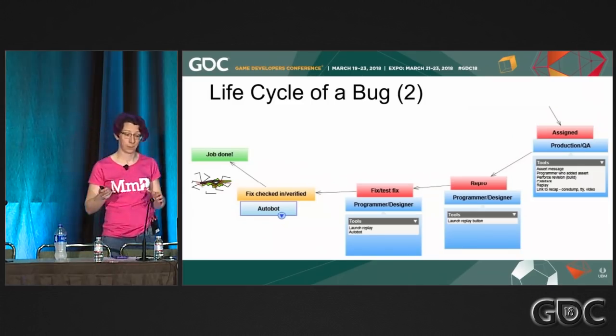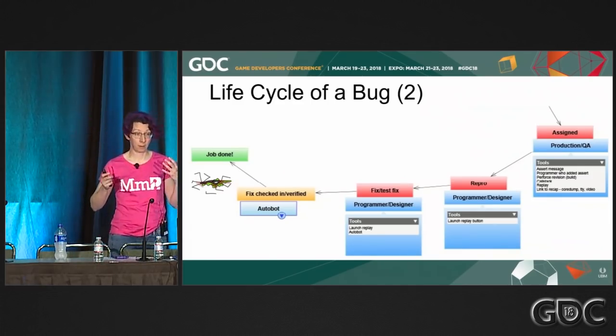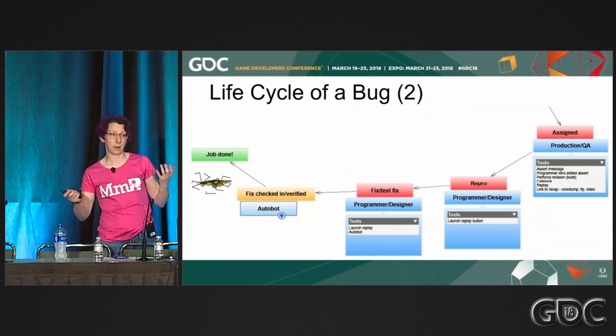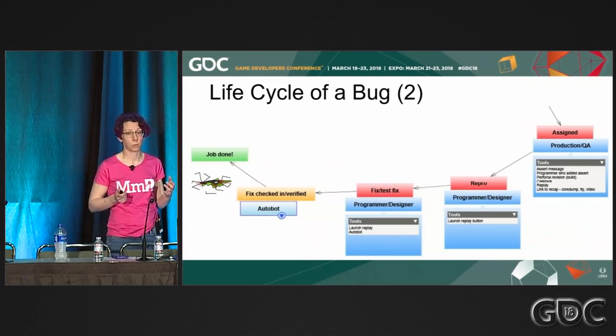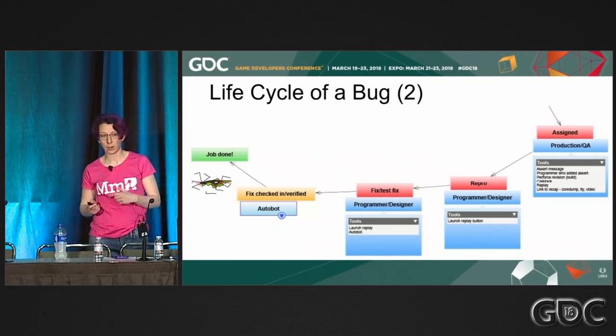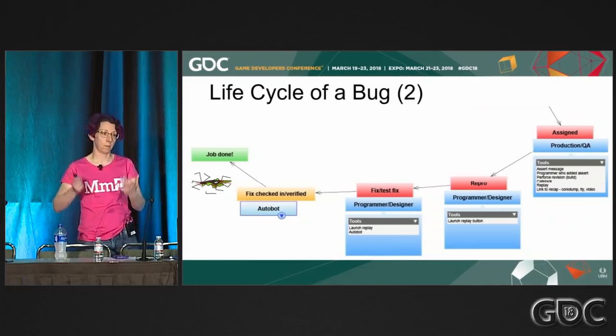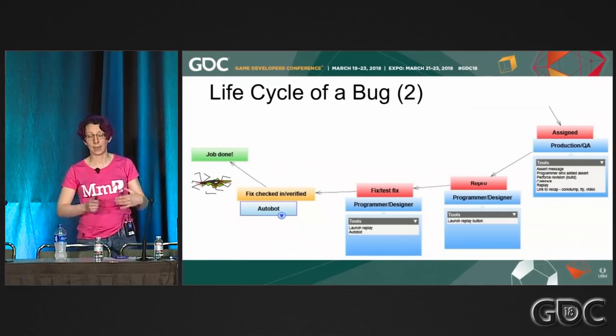So if we can get as much information in there as possible, it means that production's job is easier when farming the bugs out. Then when the bug gets assigned out to a programmer or a level designer, I'll talk about the tools that we've written to help them to repro the bug, including my favorite button in Jira, which is in one button press, it will replay the replay on your dev kit and it will repro the bug for you. So you don't have to follow step-by-step instructions or anything. It's just one button press and it repros on your dev kit.